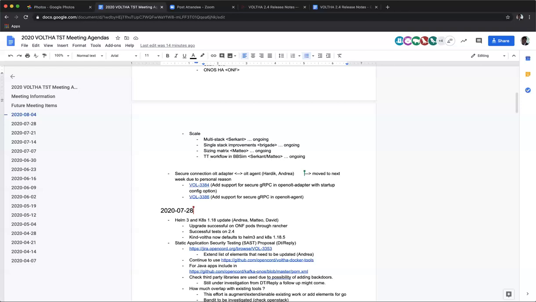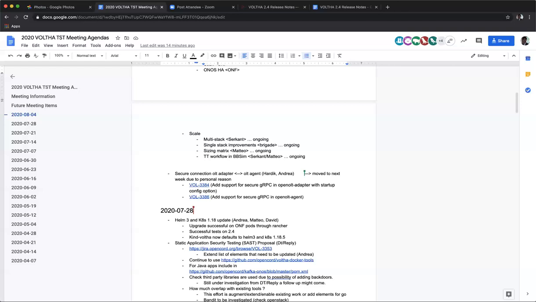So I will say that in an ideal world, and this will happen once we have the Golang version of the OpenONU adapter, a single adapter should be able to talk with multiple OLT adapters. But for now, achieving that will be a fair amount of work and a fair amount of testing required that we believe is not justified, given that we know that the